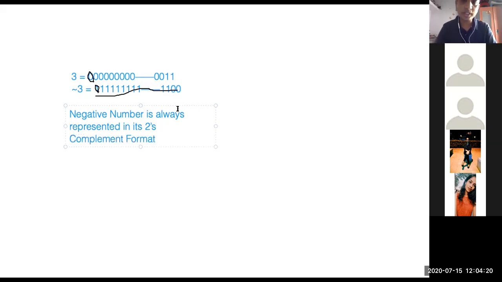So if this is a negative number, this is the 2's complement format of that number. Now what is the actual number? To get the actual number, you have to take the 2's complement of this number. To get the original number, again take the 2's complement.